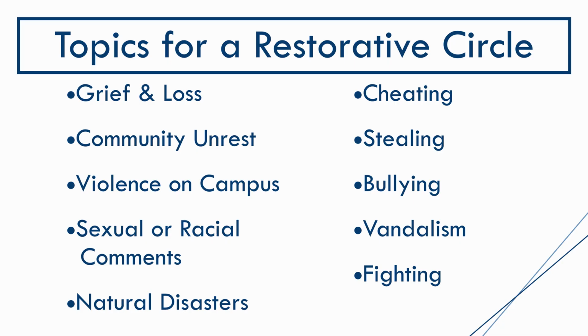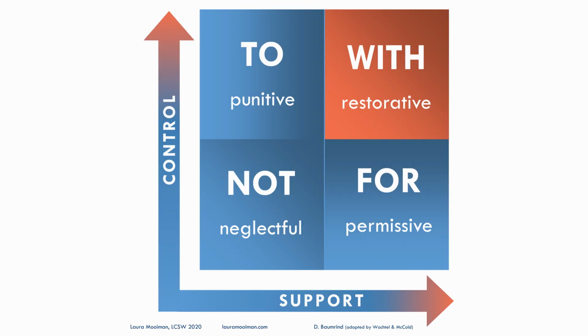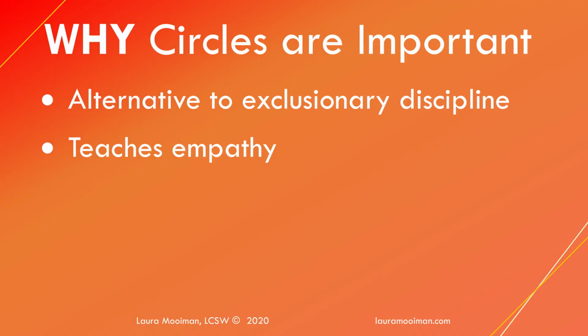When we listed all of these issues that schools deal with earlier, many of us have seen schools respond by sending the student home or on a suspension or other exclusionary tactics. Instead, circles offer a response that brings about accountability and healing. And if you remember the social discipline window, human beings thrive in contexts that have high support and high control. And in schools, that looks like asking kids to be accountable for their actions while providing them a lot of empathy and support.